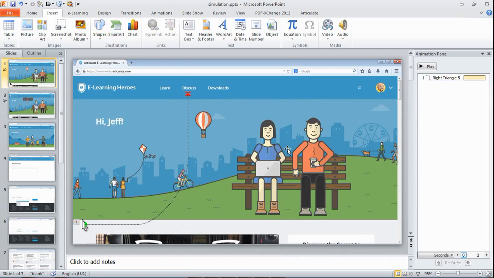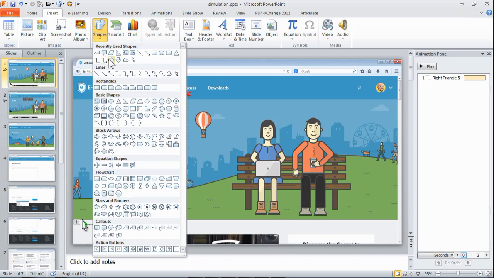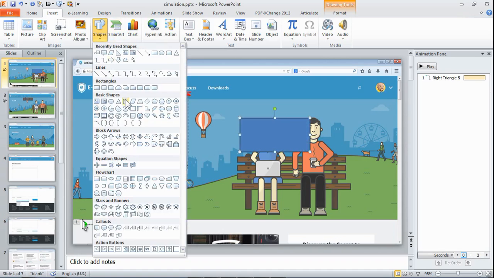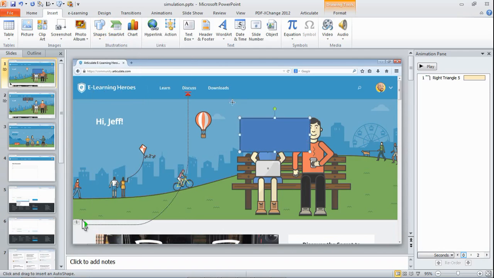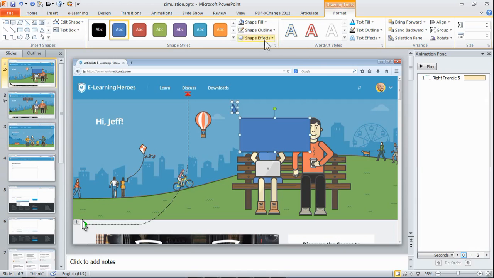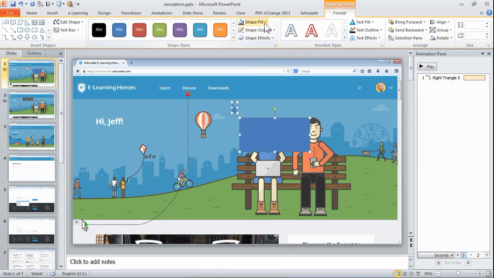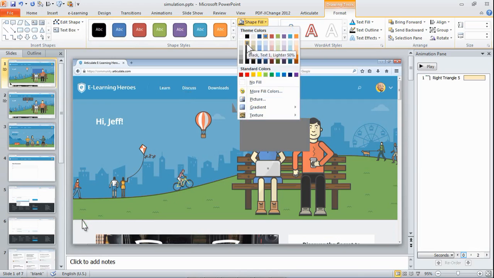I'm going to remove it, and I'm going to add a basic rectangle shape. There we go. And I'm going to add a triangle shape, and I'm going to grab this one with the point standing up. Now I'm going to select both shapes, format them, remove the outline because I don't want that, give them a nice color, and you have to find something that